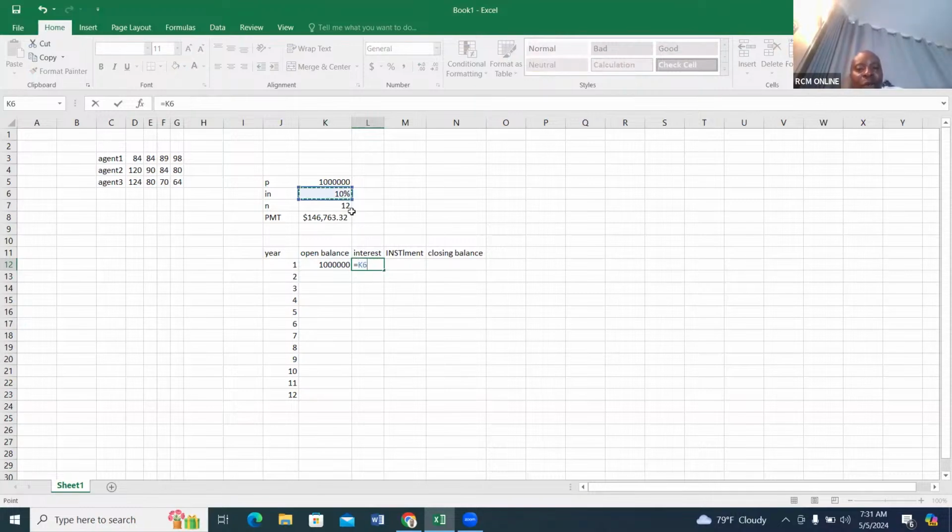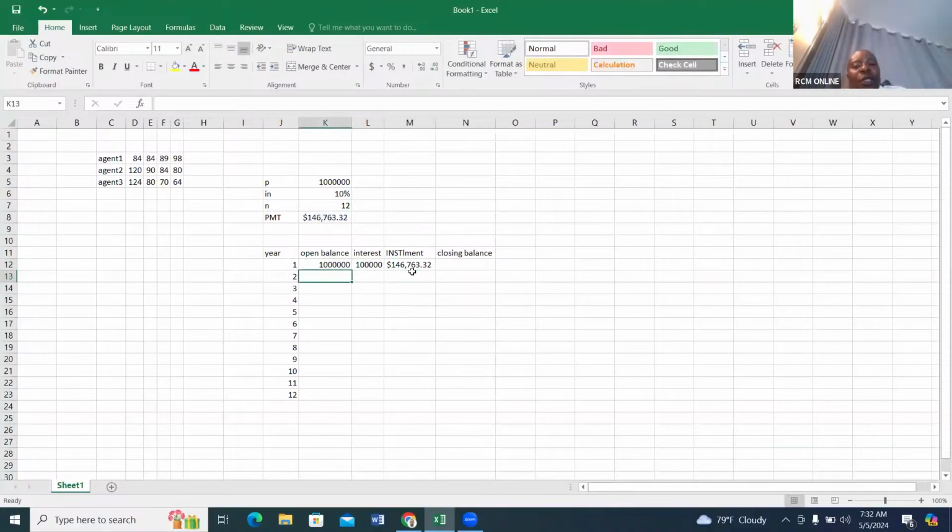Equals interest, lock it, times the opening balance, say tab, go to the next one. So the installment, pick the installment that you have there. You don't pick it without equals, and then you pick it, and then you F4. You say tab, you can see you have said enter, but we shall overcome. So equals,